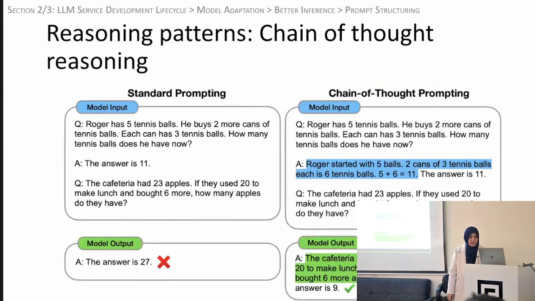Another pattern that you can use is chain of thought or tree of thought reasoning, where you're teaching the model to think step by step. We won't go into the details of this example. Essentially, it's showing that with standard prompting, if you give it a word problem, it might just get it wrong, and it won't give you any reasoning either. But if you give it a couple of examples where you think step by step and reason to arrive at the solution, it'll start doing the same thing, because it's going to mimic the examples that you've given in the prompt.